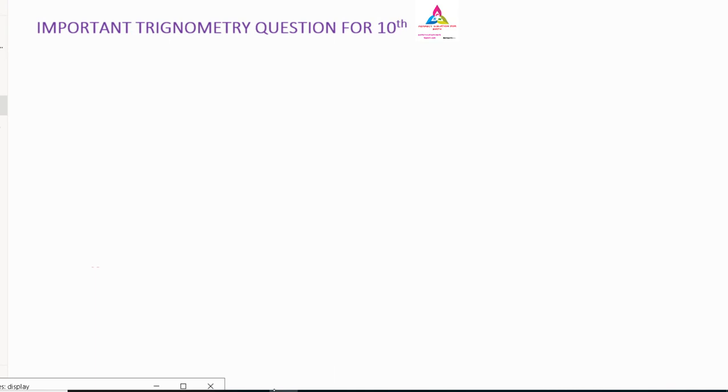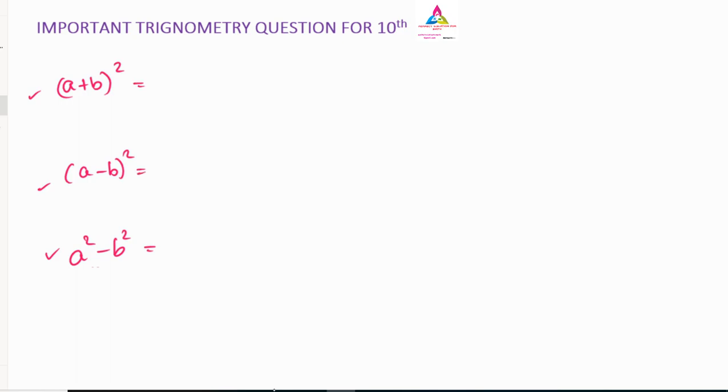Next, coming to the trigonometric function, we require the algebraic identities, the identities of algebra, that is the importance of a plus b the whole square, and next one a minus b the whole square, and next one a square minus b square. Not only these three, you have several more, but these three are very important, and in most cases we will see these three types of identities. So what are they? One by one.